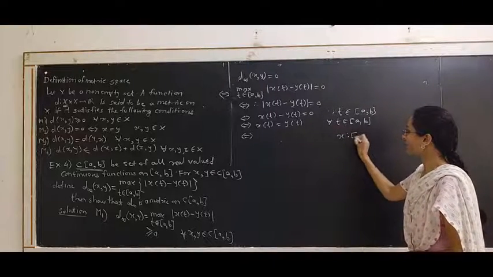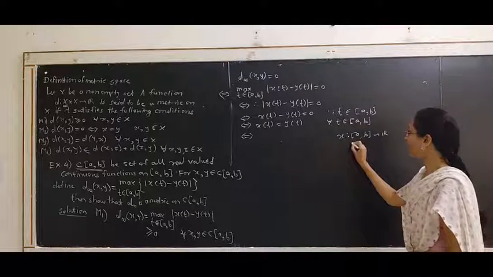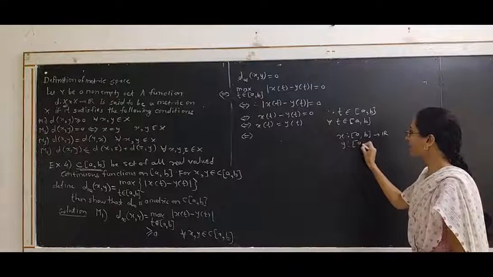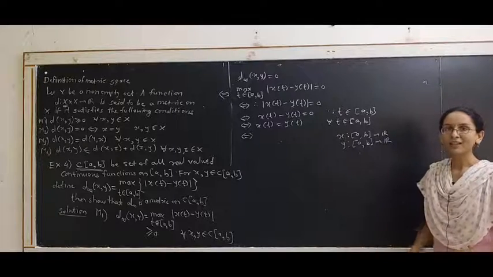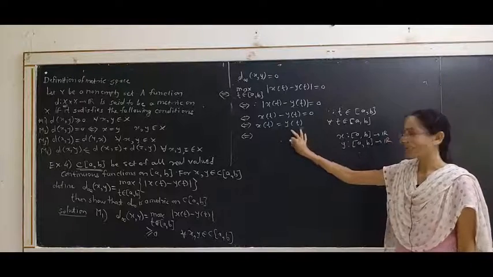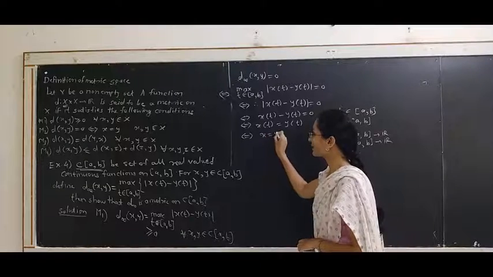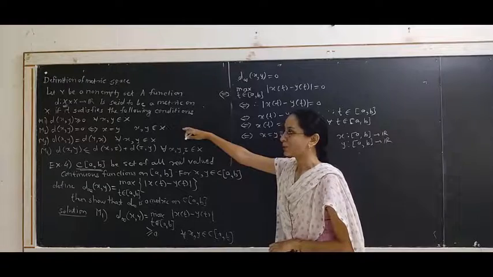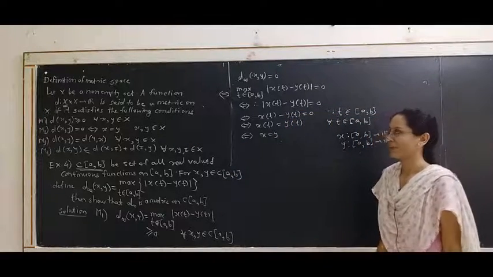See, x is from the closed interval [a,b] to R. This is actually a function defined by x(t), where t belongs to [a,b]. y is again a function from [a,b] to R such that x and y are continuous functions, and we proved that x(t) equal to y(t) means these two functions are identical. This implies x is equal to y. Hence, we proved the second property M2: d(x,y) is equal to 0 if and only if x is equal to y.